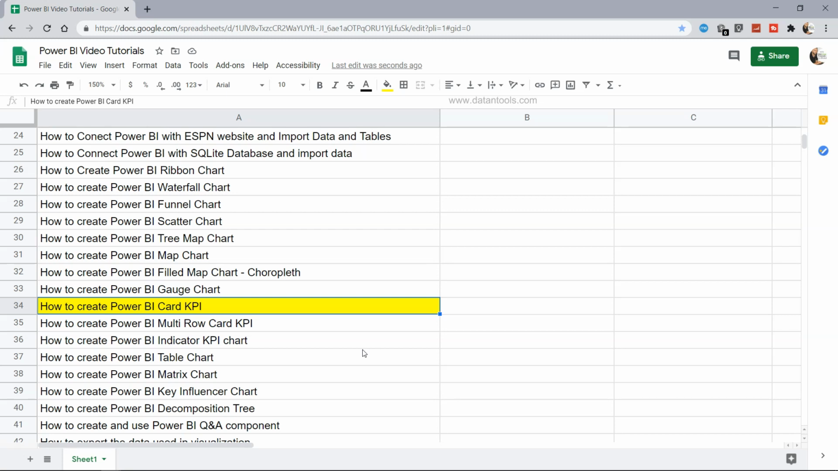Hello there and welcome to the new Power BI tutorial where I will show you how you are going to create the Power BI card KPI. So card KPI is a highlighted number you must have seen in various reports or dashboards, where a particular number or a series of numbers has been highlighted with a bigger font size. Those are nothing but the card KPI within Power BI, and we will see how we can create those to make an